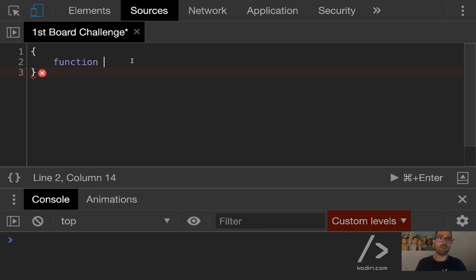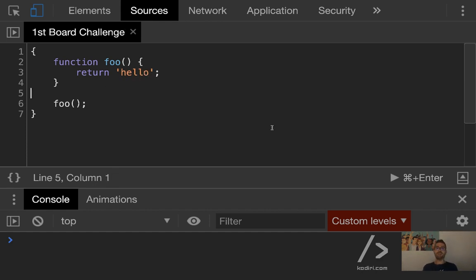Look, I'm going to type a function foo. I don't even care about what it does. And then I'm going to invoke foo and then return hello. Why? Because I want to see if DevTools is working. You see the run snippet button on the right-hand side. If you're a Windows user, you can run that snippet by pressing Control-Enter. If you are a Mac user, you can run the snippet by pressing Command-Enter. Or you can simply click on the button. And now,